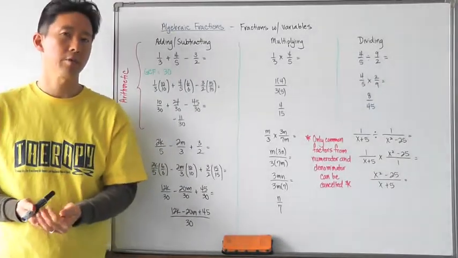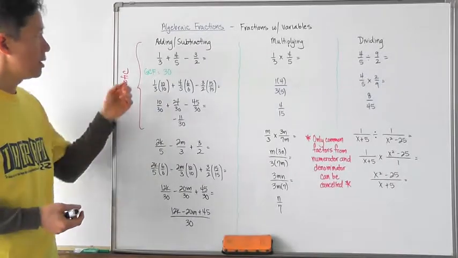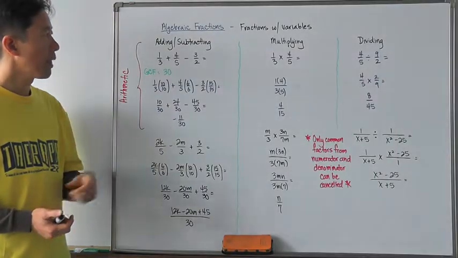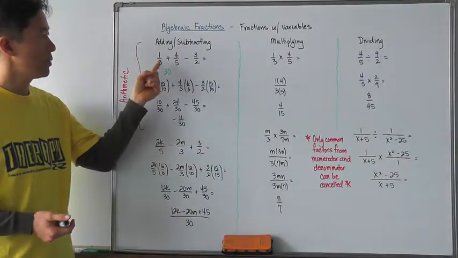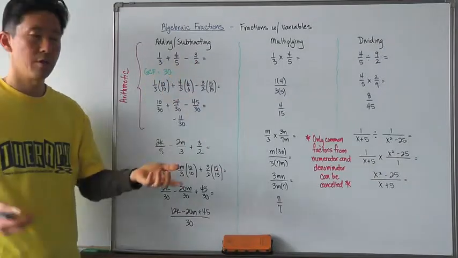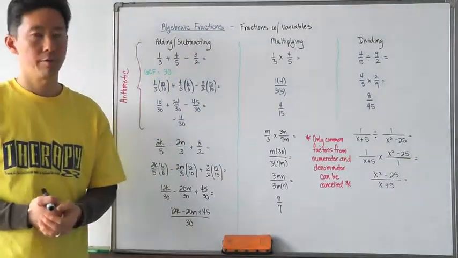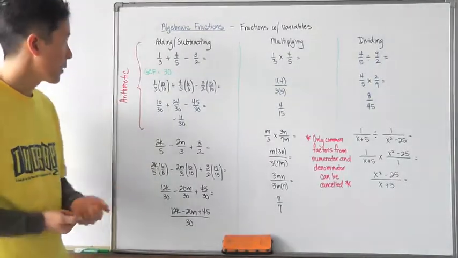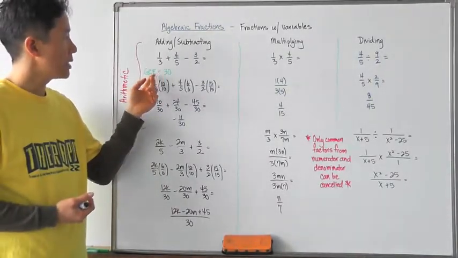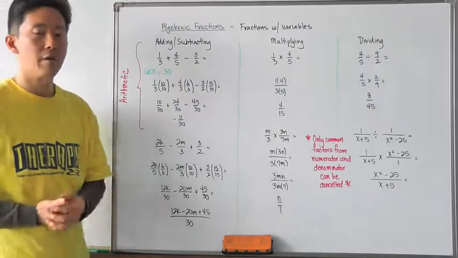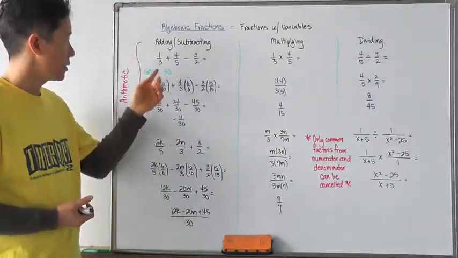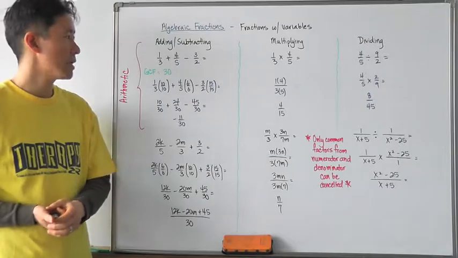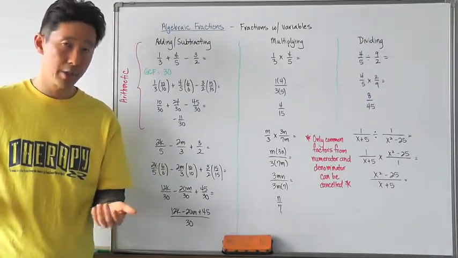So just to review, let's take a look at the arithmetic fraction case first. Say for example, we have 1/3 plus 4/5 minus 3/2. What is that equal to? Well, when we add or subtract fractions, we need to get a common denominator. And the common denominator will be the greatest common factor of all the denominators in the expression. We have 3, 5, and 2, so the common denominator would